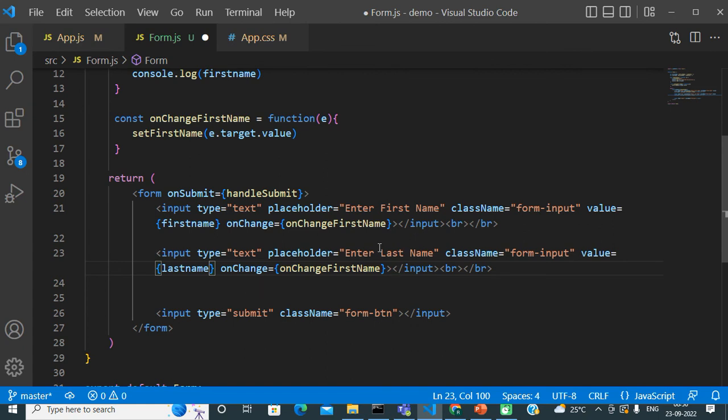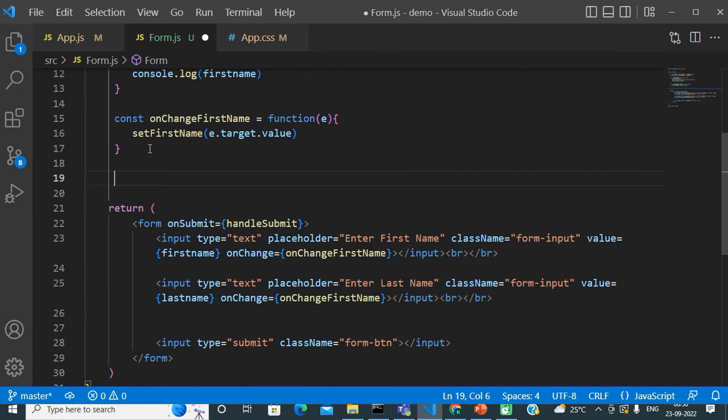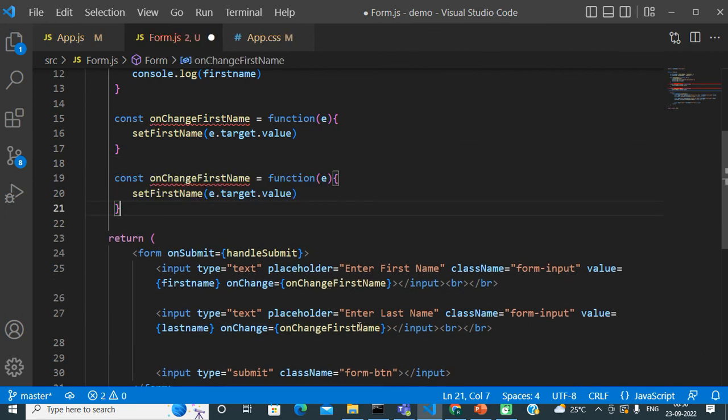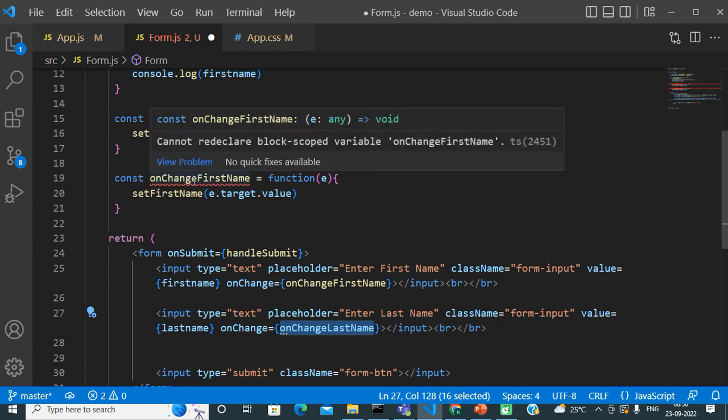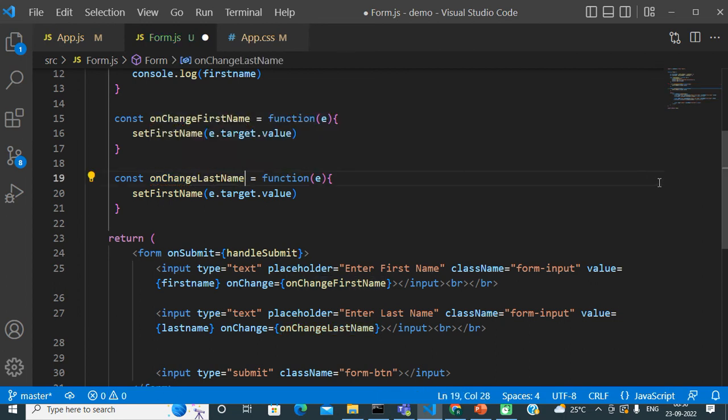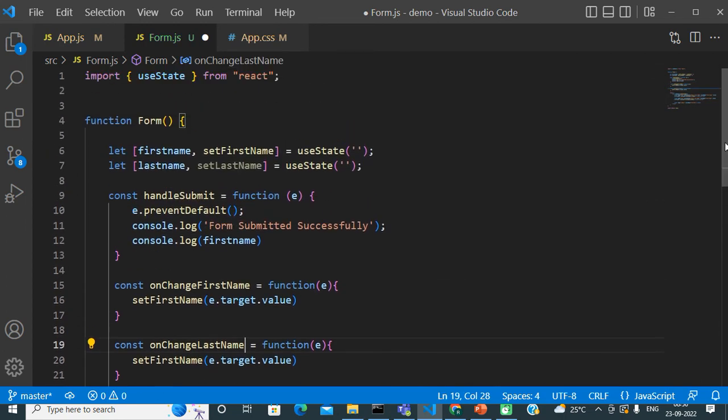I have already changed this placeholder, the value is changed. Now again we will require another event handler function, that is on change. So let me just copy this and change it to on change last name, and just copy and paste this here. And I will require this function to update the second component state.